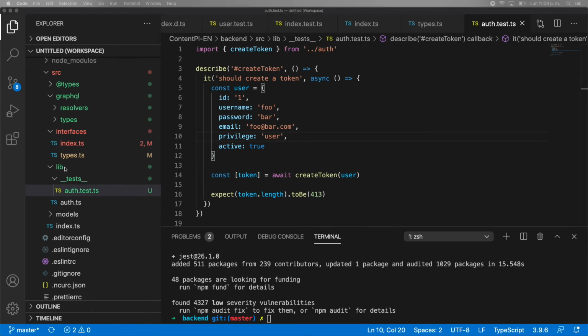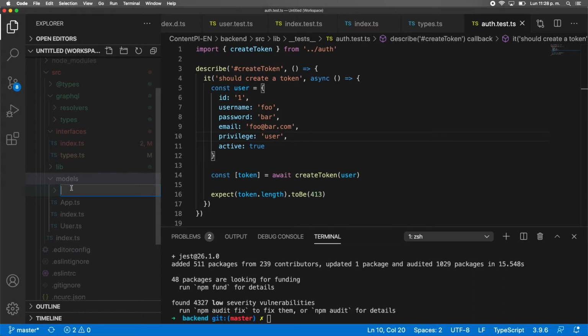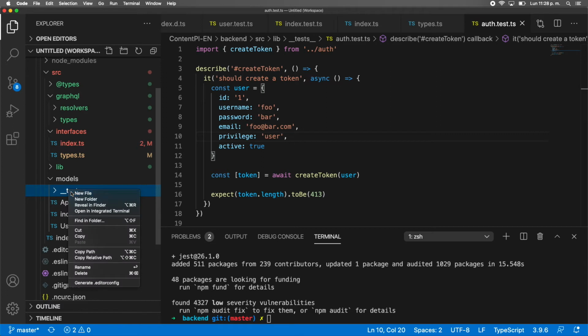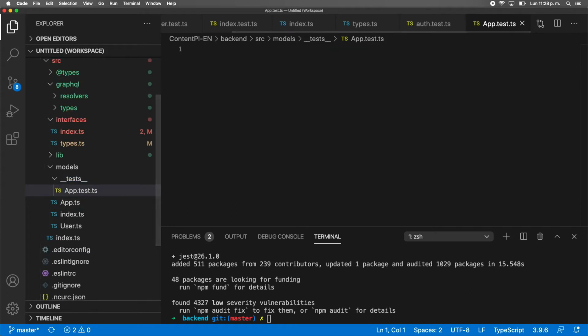Then we need to go to the models folder, and we are going to create also here _test, and then inside we are going to test our app model, app test.ts. So this one is going to match also the fields that we have defined in our